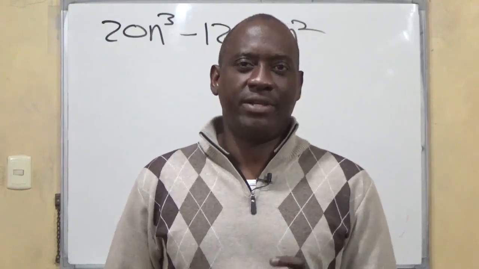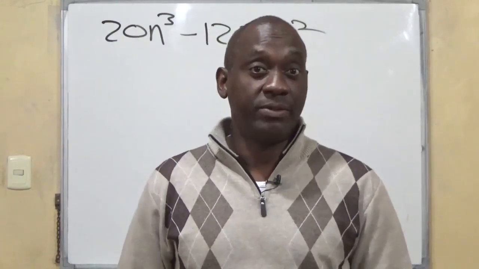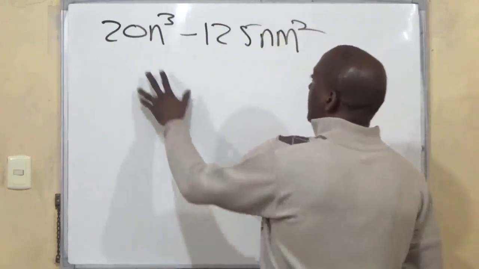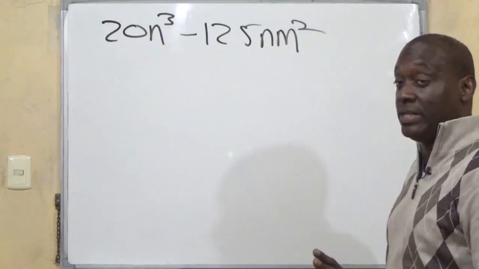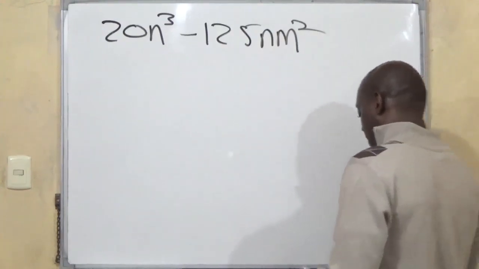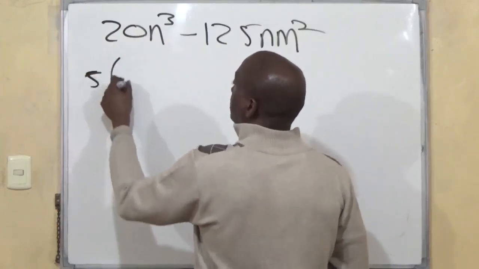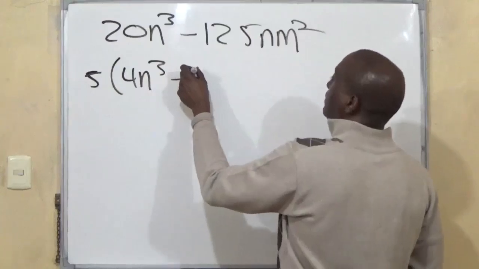Right? Not every question on the difference of two squares is one where as soon as you see it, you know immediately that it is in fact a difference of two squares. Sometimes you have to pull out factors first, and then you will see the difference of two squares inside the bracket. So for example, in this case, you have 20n cubed minus 125nm squared. So let's deal with the numbers first. Right? So you take it out and you have 5 into 4n cubed minus 25